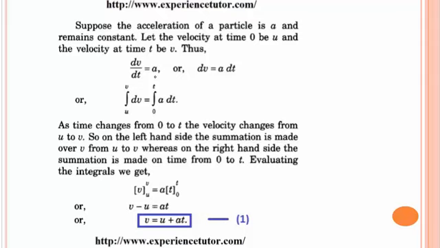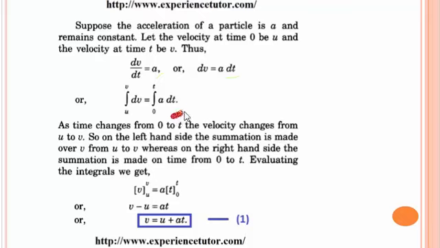Thus dv by dt is equal to a, or dv is equal to a dt. Or if we integrate both the sides with lower limit as u and upper limit as v on the left, and lower limit 0 and upper limit as t on the right hand side, then